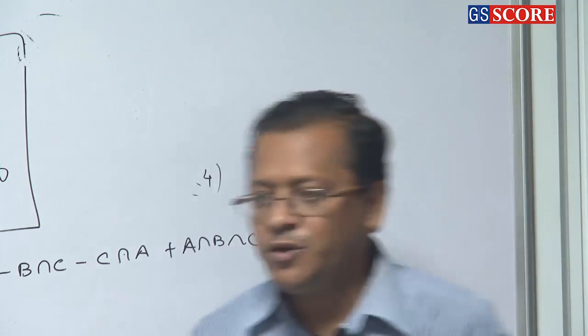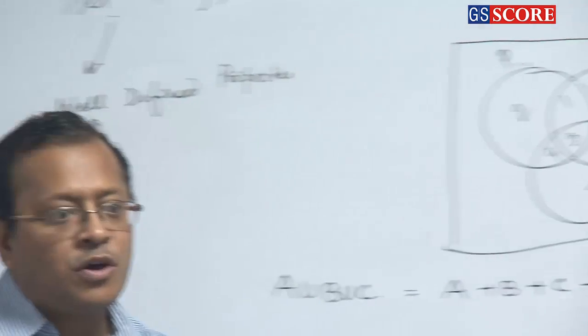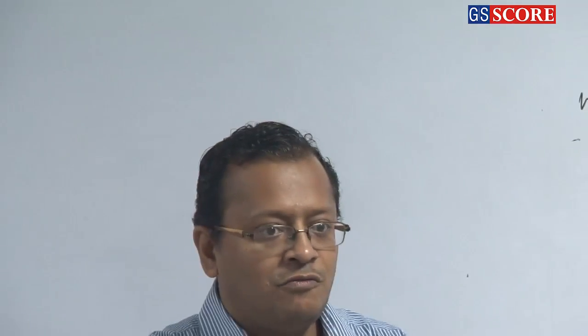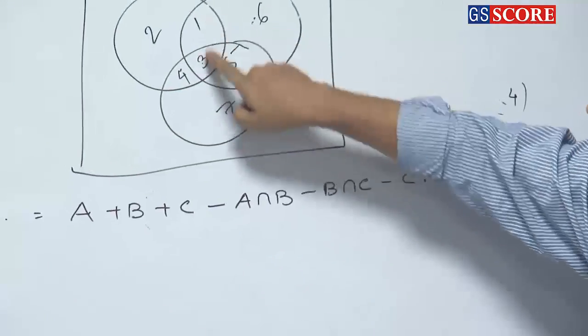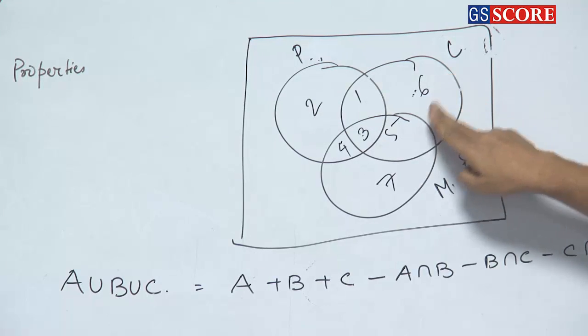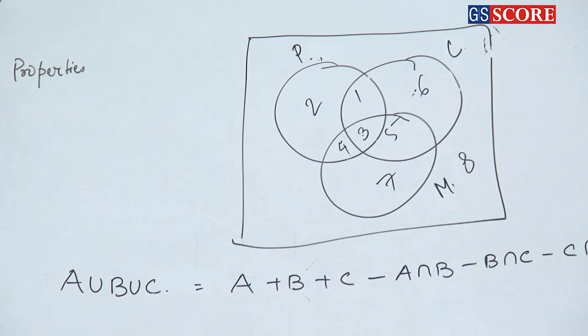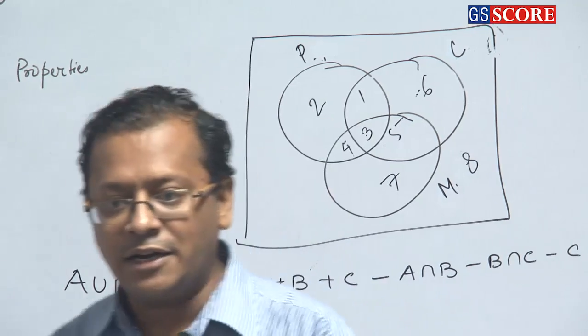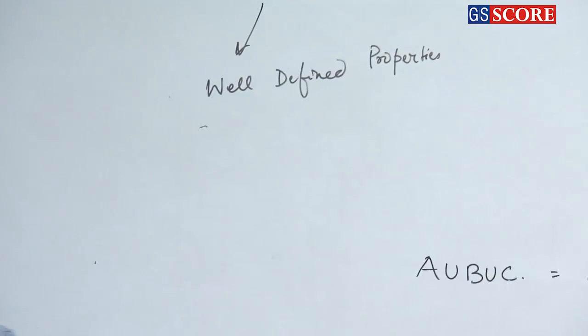When I say in your pocket you have got at least 1 rupee, it means you can be a millionaire as well, but at least 1 rupee is there, right? So when I say at least one subject, it means 1 subject, 2 subjects, 3 subjects. So add all these values. How much is it? 7 to 9, plus 6 is 15, 15 plus 5 is 20, 24, 27, 28. So 28 students pass in at least one subject. Clear or not?